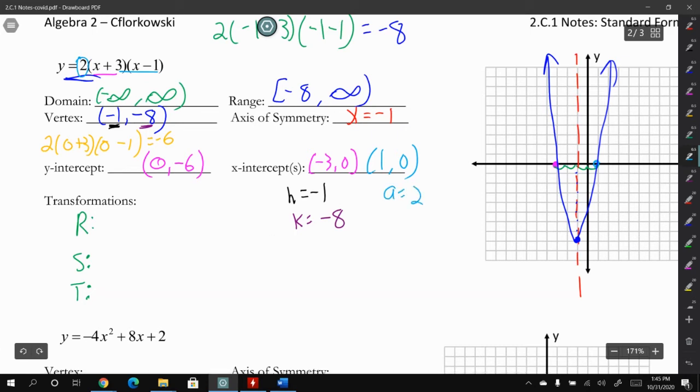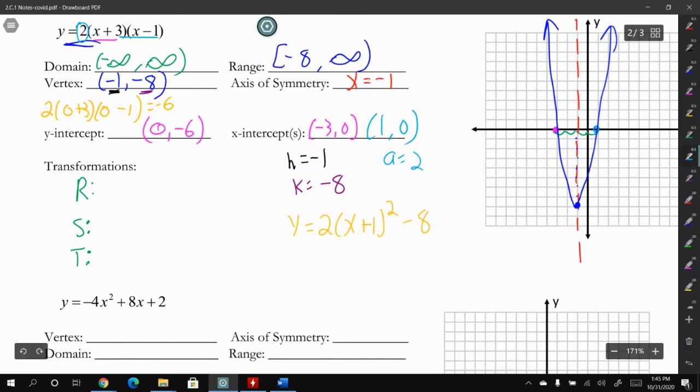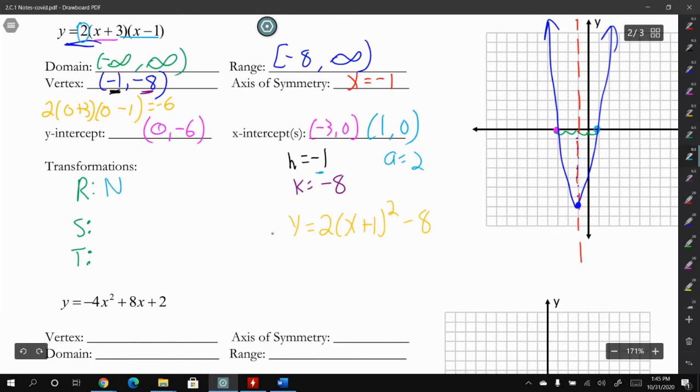A is 2. So we could rewrite this in vertex form. And that's how this quadratic would be written in vertex form. Remember, we have a and then x minus h. As this h is -1 here, it becomes +1, and then minus k. So now in this form, you can do your RST. There's no reflection. There is a vertical stretch by 2. Translation, our translation is left 1